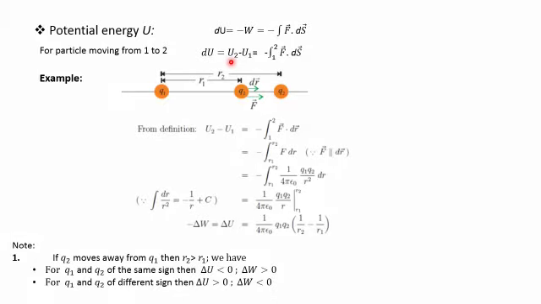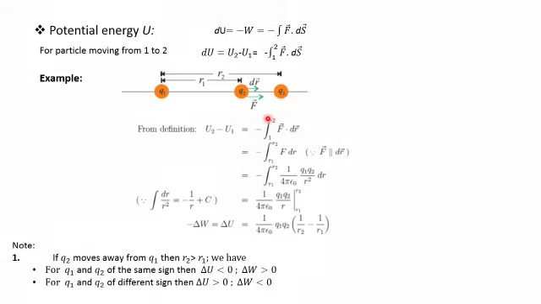To describe it further, consider an example. Here we have two charges, q1 and q2. q2 is at a distance r1 from q1. Suppose q2 is moved from this position to this one, where it is at a distance r2 from q1. So using this definition of potential energy, we can write U2 minus U1 is equal to minus integral F dot